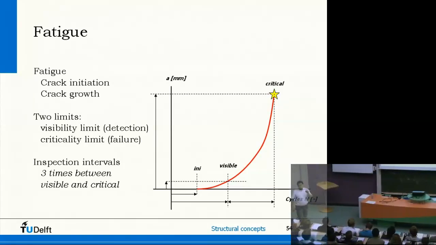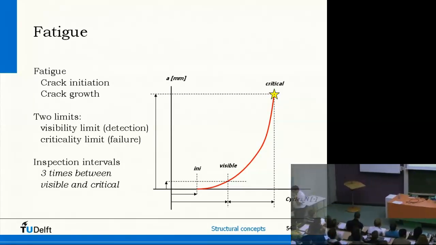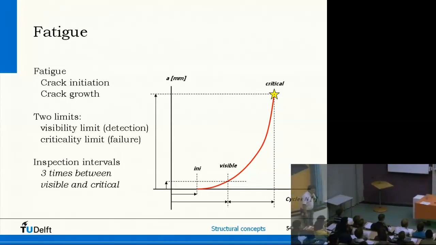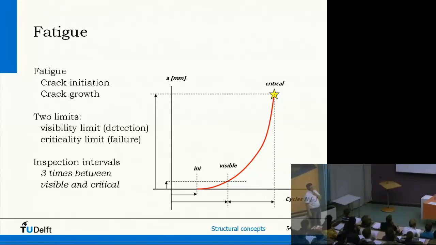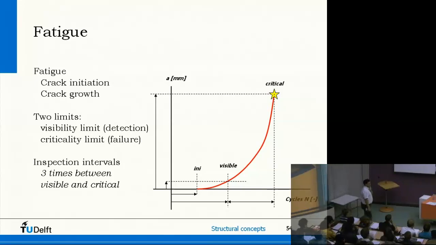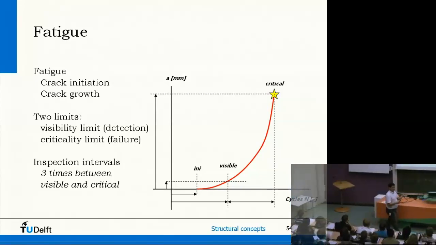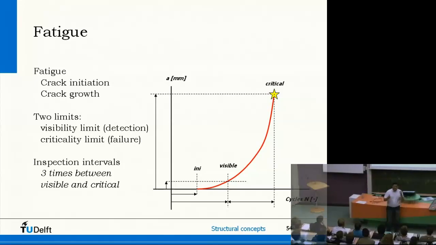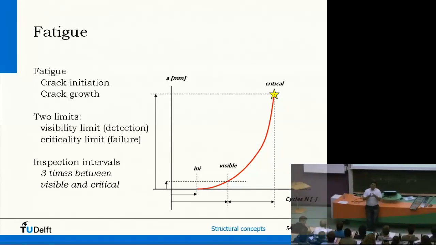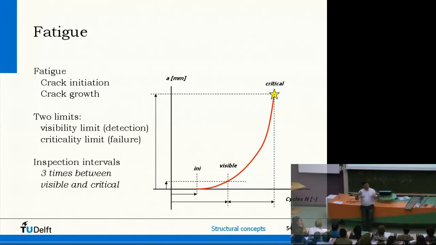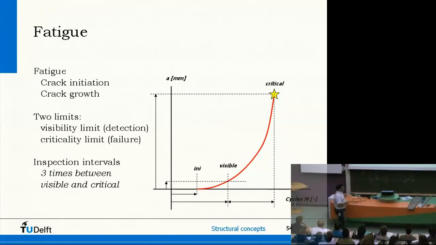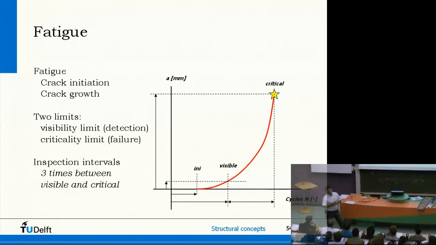If we have fatigue, we know now there is fatigue, we have to inspect. And inspection is also something we have seen before. That was when we talked about the fail-safe concept. You have redundant materials, and if one fails, you have to detect that, to notice that, and replace it. Well, that's also the case here. So fatigue is also a system which is related to fail-safe.